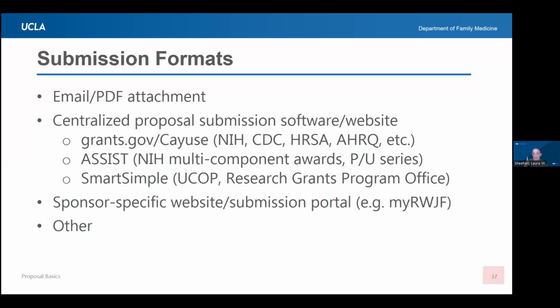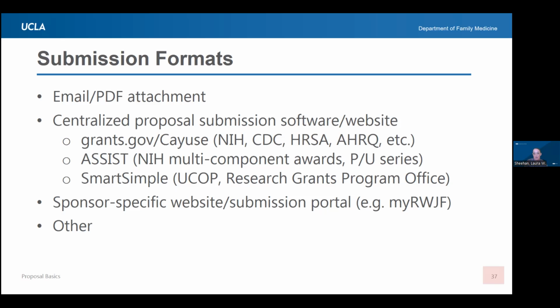But I will point out, if you are at any UC campus or even any academic institute, you likely are not actually submitting via grants.gov. Your institute will likely have a system-to-system software. Here at UC, it is called Cayuse. And I know that's the most popular one in the United States, that basically will connect you to grants.gov. And these software are great because they'll walk you through step-by-step what you need, instead of grants.gov where it's like, good luck, fill in the blank.